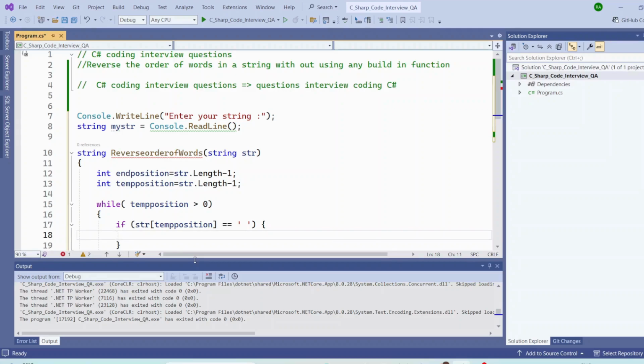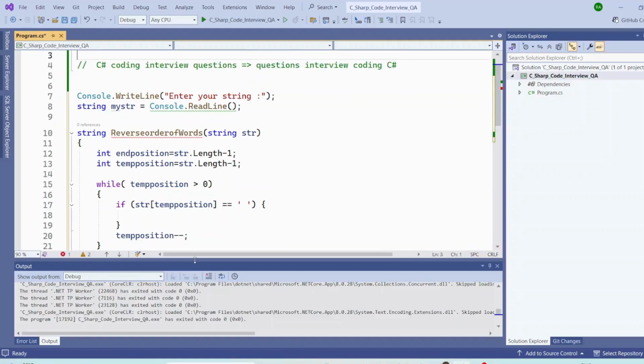Then what we can do? So it will come here, right? So the space is here. Okay. So we need to find out this string from that position to the end of the string, the end position. So here the space is included. So that space plus one. So here we need to increment one position, and this string we need to find out,